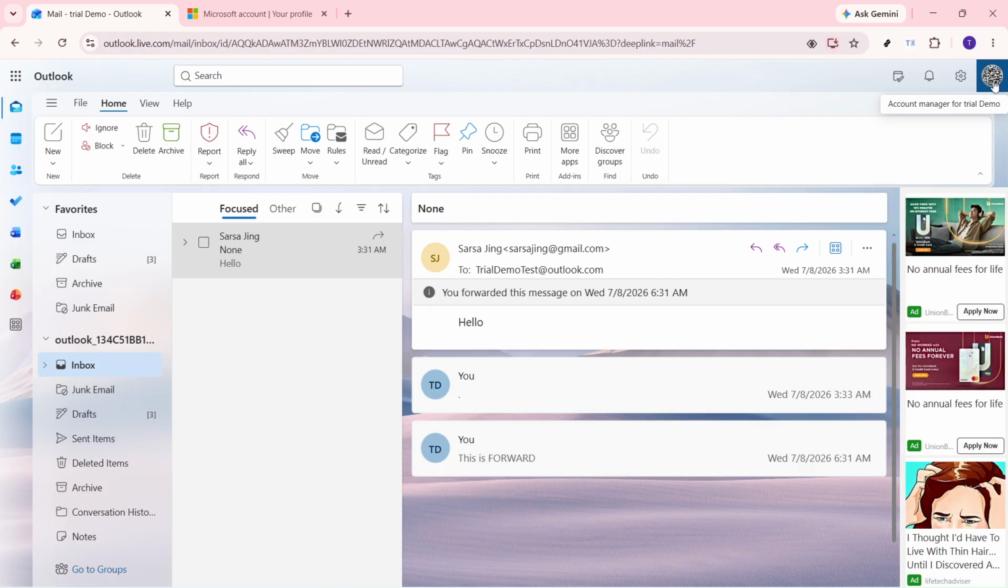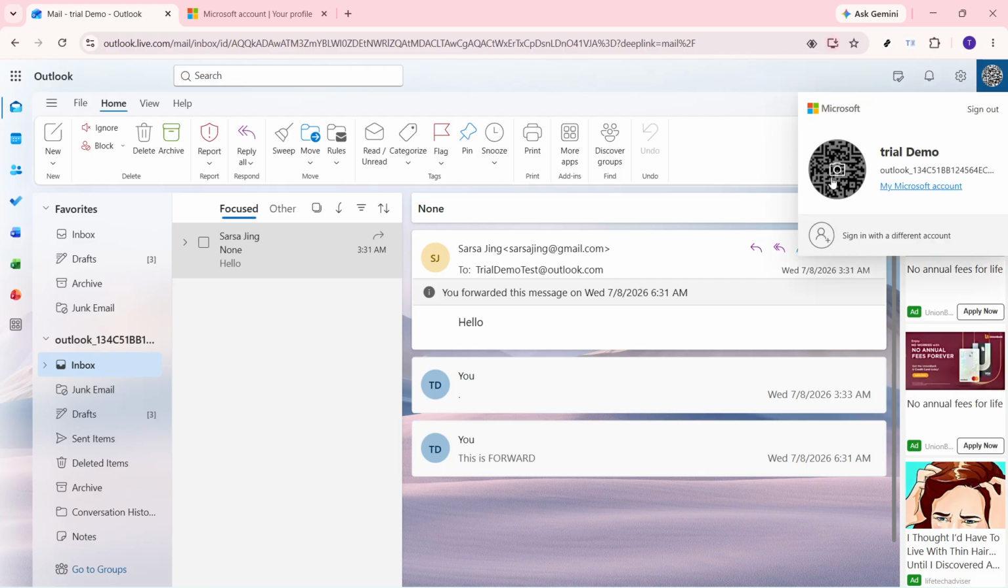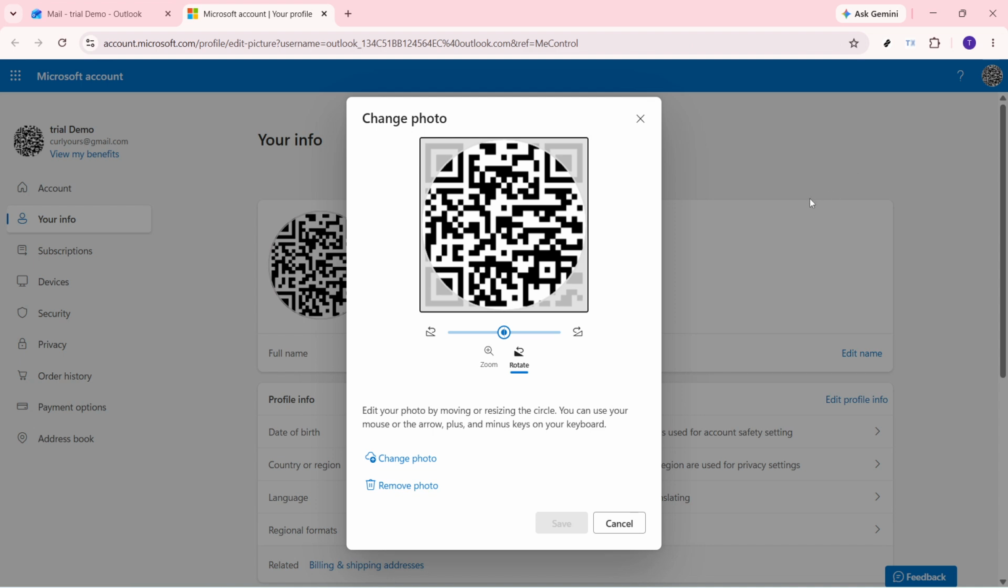This opens the account menu where you can access more details about your Microsoft profile. From there, click the profile area again. This second click takes you into the profile settings page where your account picture can be managed. Depending on your browser or account setup, this page may open in a new tab, so don't worry if the